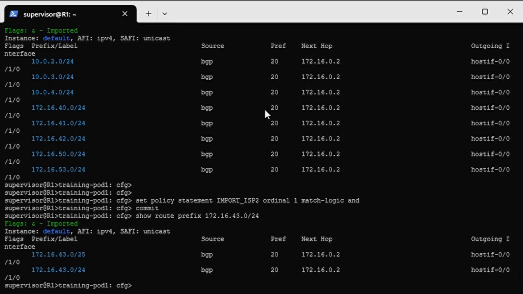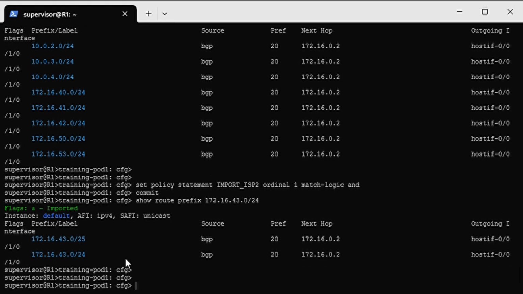In the output of the show route command above, we can see 2 prefixes, 172.16.50.0/24 and 172.16.53.0/24, both of which we want to reject. To accomplish this, let's implement the policy list concept. First, we'll define a new policy list using the command set policy list prefix_list. Here prefix_list is the name of our list. We will configure the list to be of type IPv4 prefix and add two ordinals, one for each prefix we